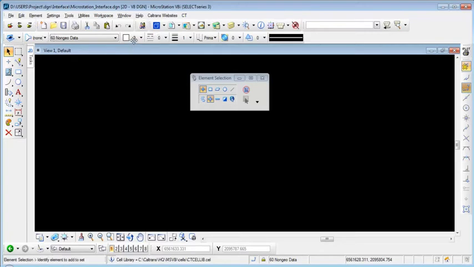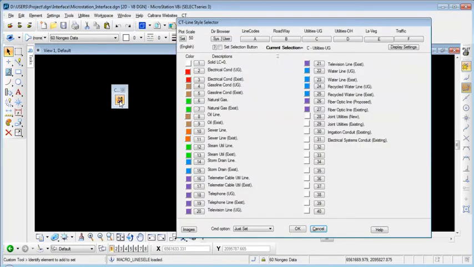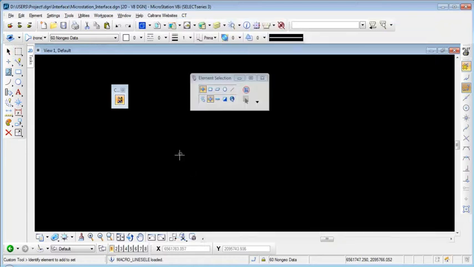The next toolbar is the CT line style toolbar, which lets you set the element attributes, the color, level, and style, using a macro that was developed here in headquarters by one of my coworkers. This is a useful application when you're creating elements in Microstation, and it is used by multiple functional units. A lot of the details of how to use this tool and how to set it up to work in the Microstation user environment are provided in the intro class to Microstation and the intermediate class to Microstation. So I'm going to click on the cancel button to get out of the CT line style